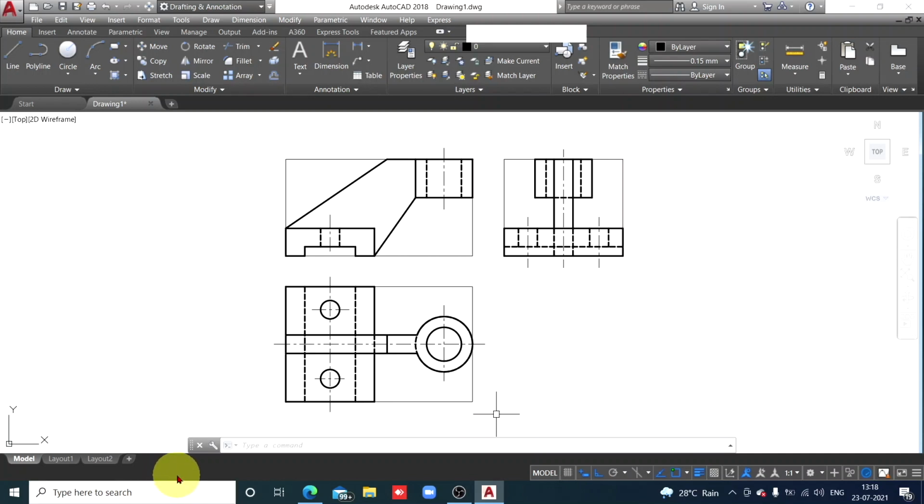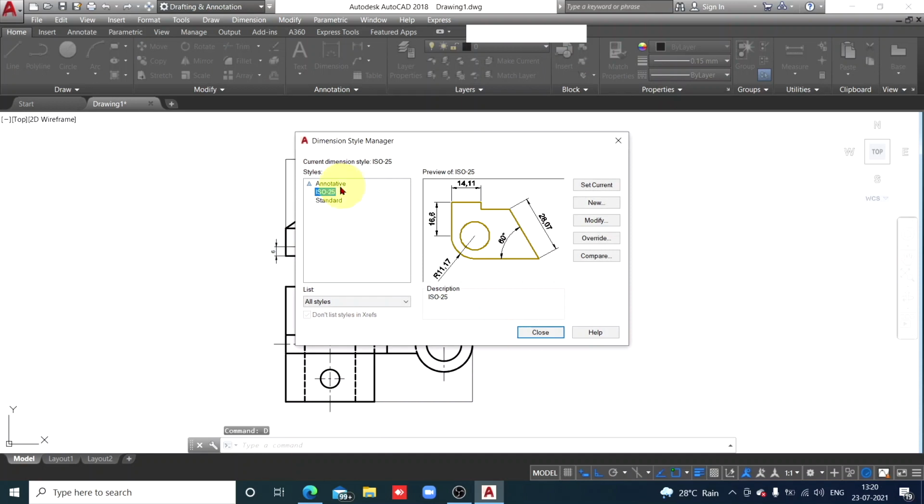Now let's insert dimensions. Check here. These are linear dimensions. Select smaller dimensions first. Six millimeters, but I think these dimensions are too small. So I'll change that dimension style. Type D, enter. A dialog box will get opened. ISO 25, OK.